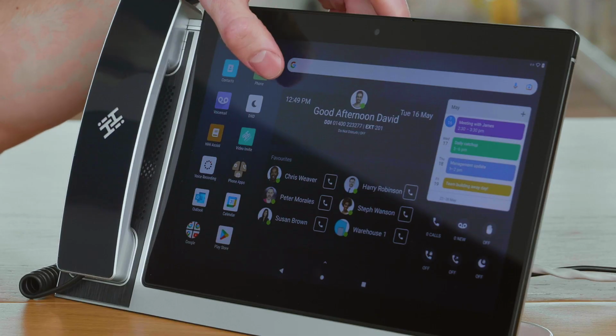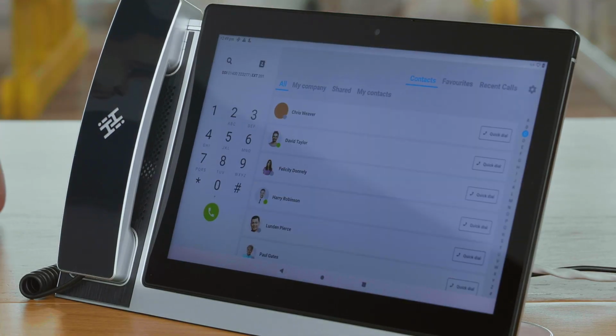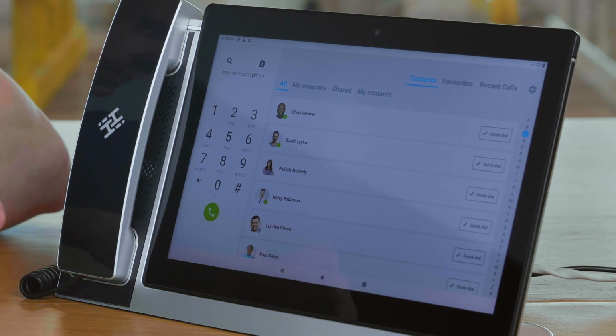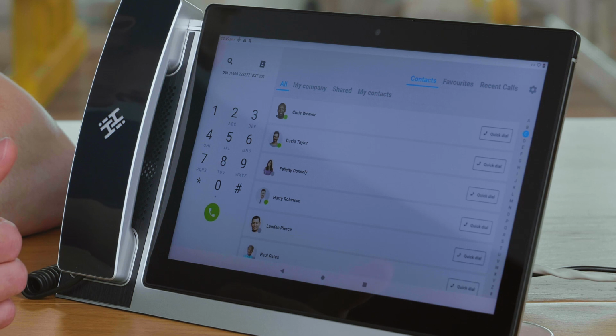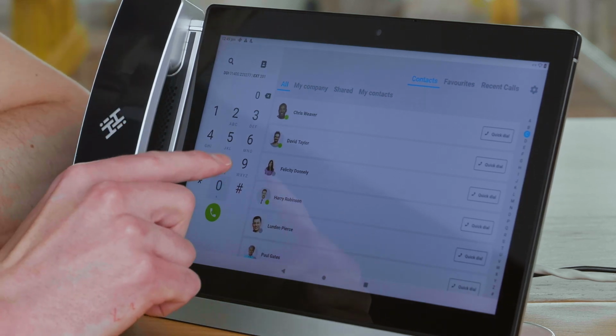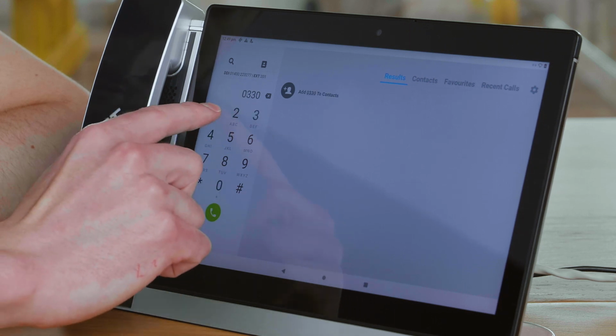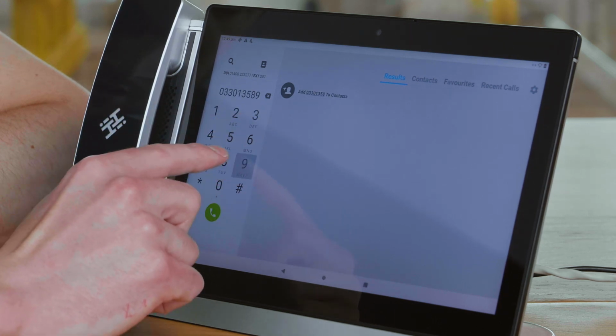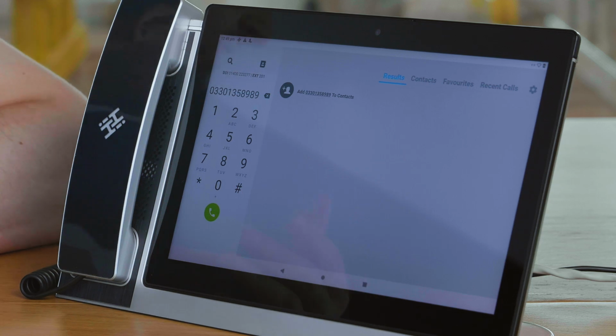From here I'll need to go into my phone app where I can key in the phone number to add in my new contact. If I open up the phone app, from here I've got my keypad on the left hand side of the screen. This is what I use to key in the phone number I'd like to add into my contact list. So if I manually key in our HiHi number, 0330 135 8989,